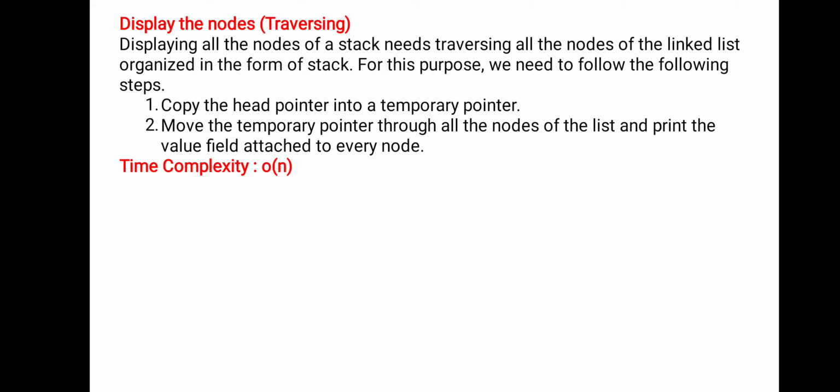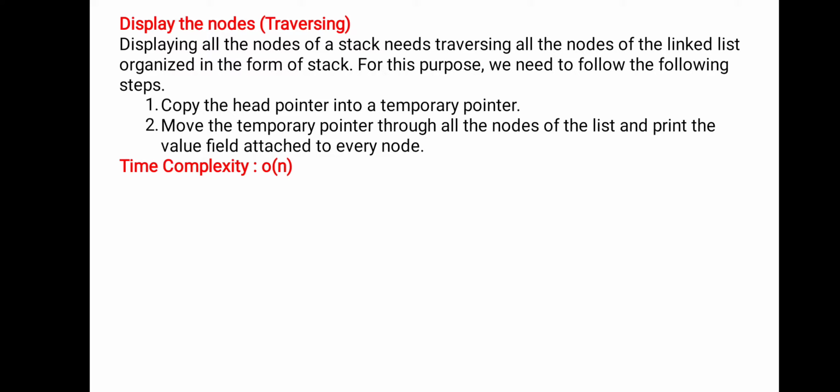Why do we call it traversing? In a linked list we have to move from the first node to the last node. That's why we call it traversing. Simply we have to display all the nodes present in the stack, that is the display function.